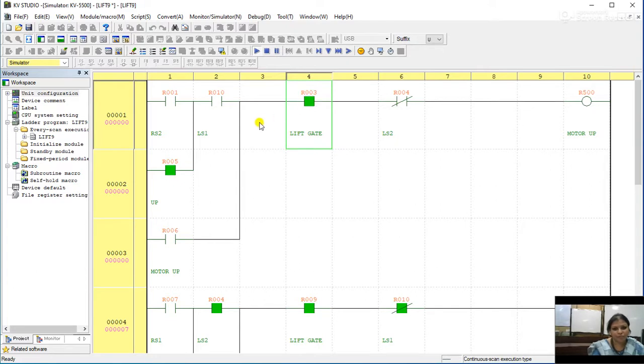Then after entering into the lift and ensuring the gate is closed, either by pressing the up or the request switch RS2, or else the motor up button, by either of these three, and provided compulsorily the limit switch is on, we can make sure that the lift moves.